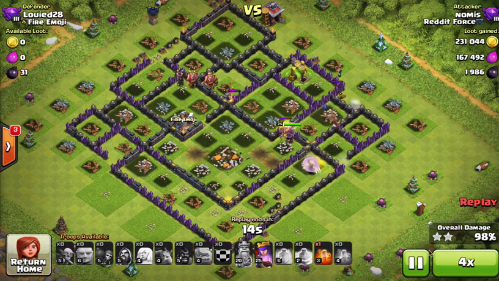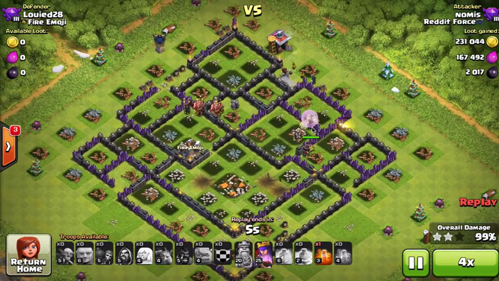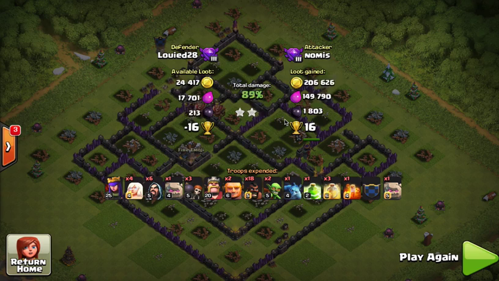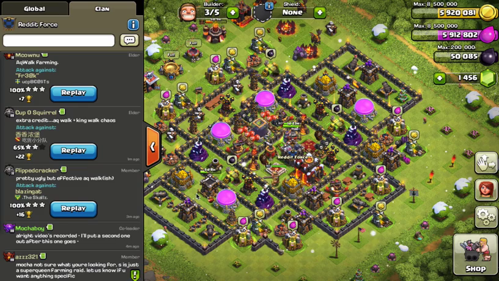Had a little bit of trouble with the spell usage and didn't end up with as many hogs as you normally would, but again, a great example of what you can do when you apply 3-star strategies in regular matchmaking. So great job there. Okay, so next replay we're going to be looking at, this is coming in from Flipped